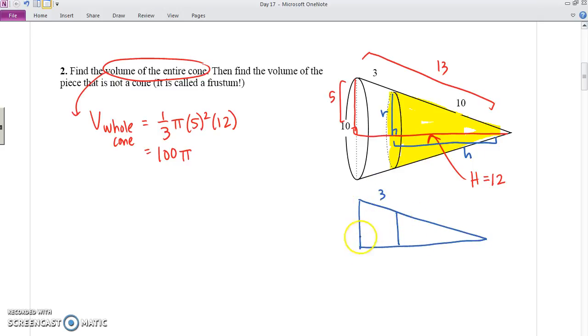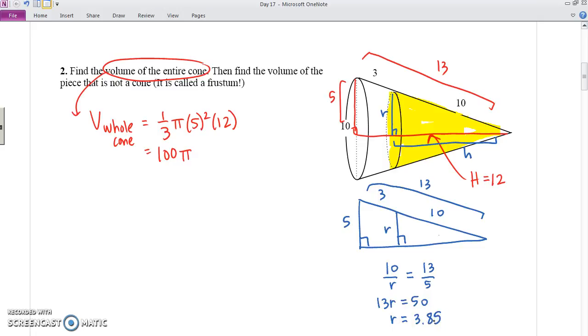And hopefully you'll start to see something that looks familiar. And if not, that's okay. So this looks like similar triangles to me. And so we can actually use the ratio from the little triangle to the larger triangle. So little triangle is 10 to r. Big triangle ratio is 13 to 5. So r times 13 equals 50. So r equals